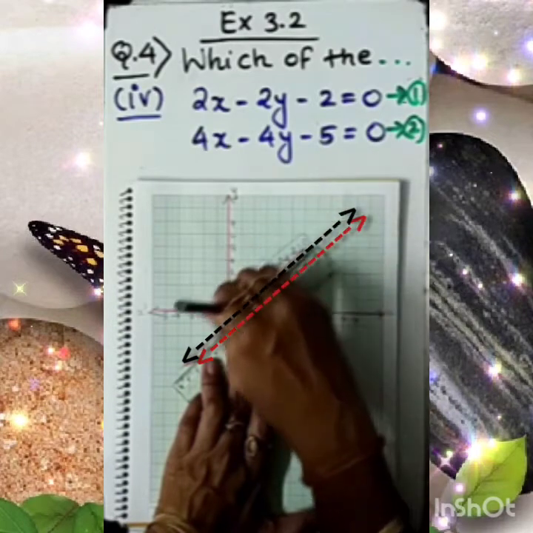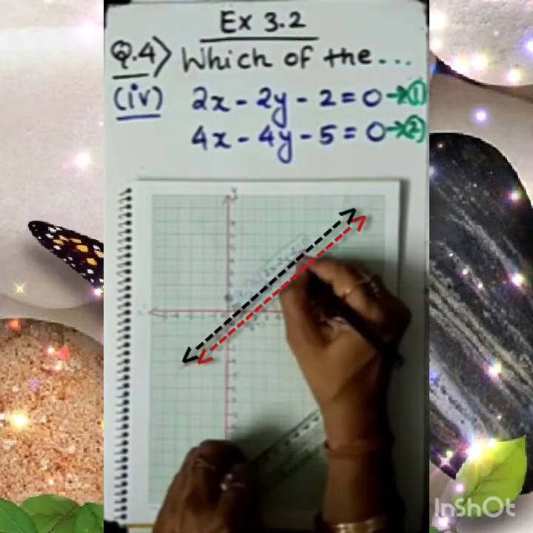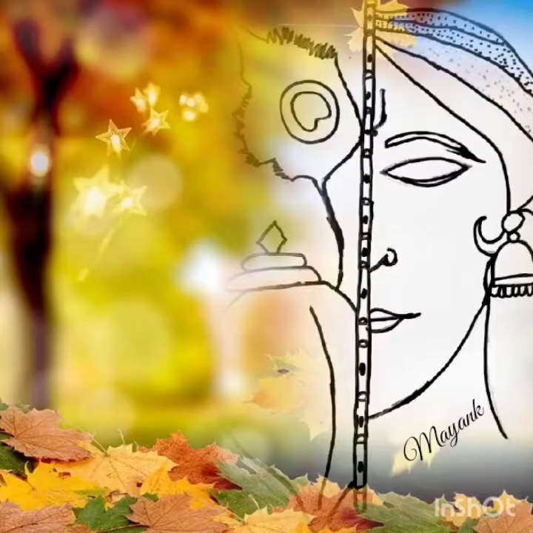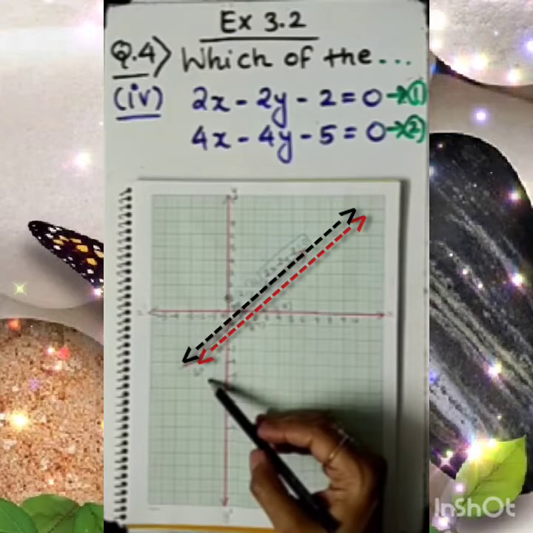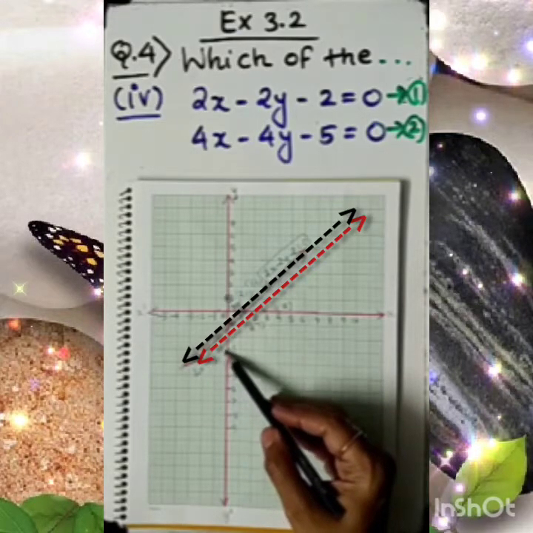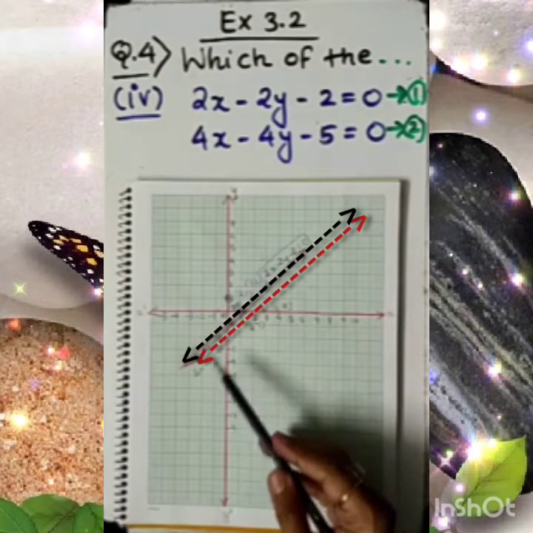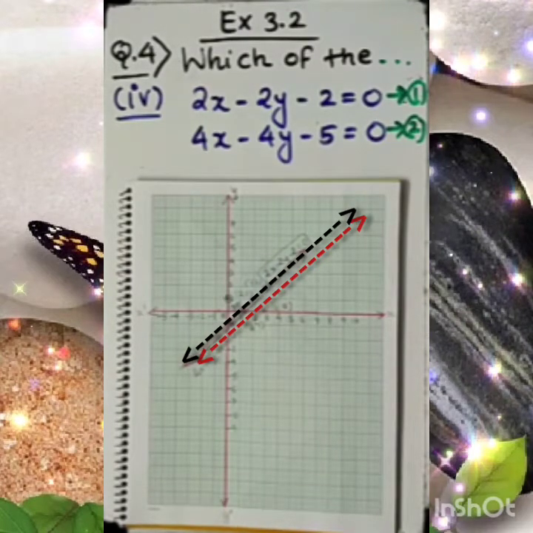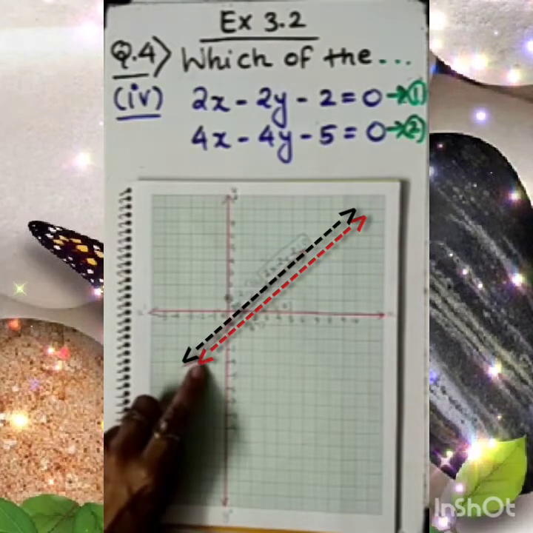So dear student, the conclusion through this very important result is with us. This is the line of which equation? For the second, the equation was 4x minus 4y minus 5 equal to 0. This is the equation. So on your screen you can see this line is 4x minus 4y minus 5 equal to 0. The conclusion is saying the lines are parallel to each other, right? Quite nearer and they are not intersecting.